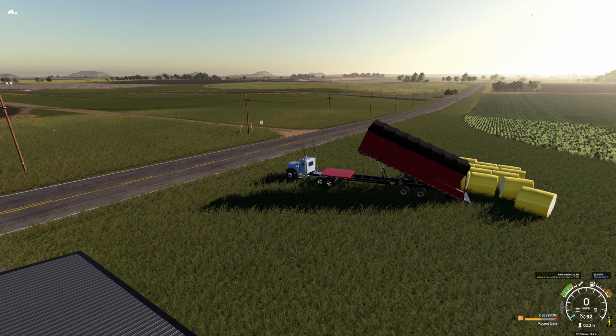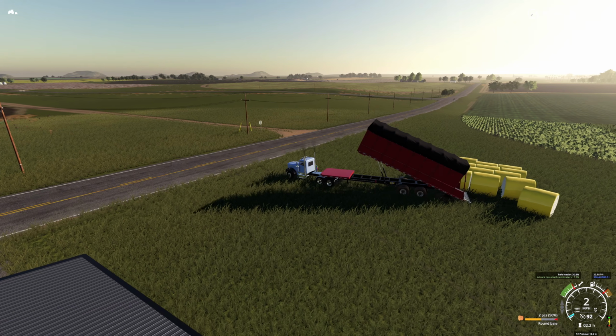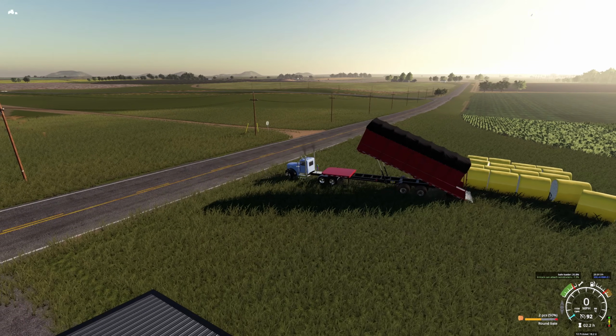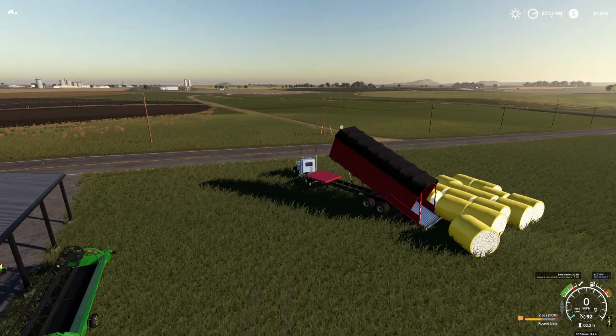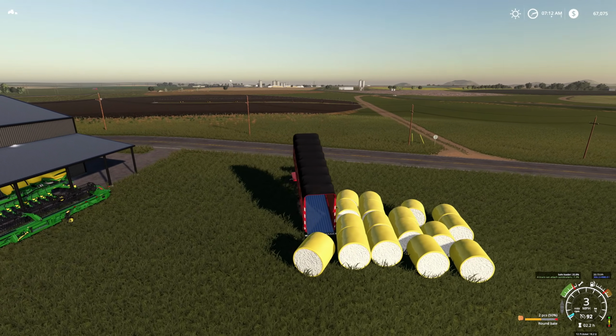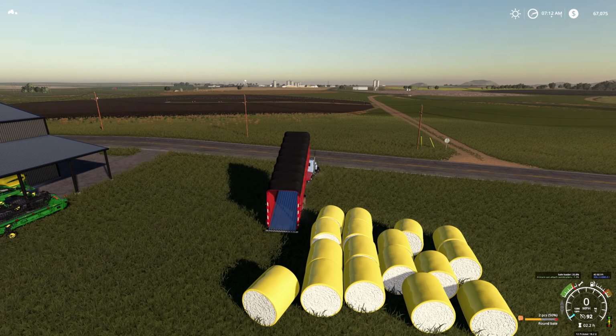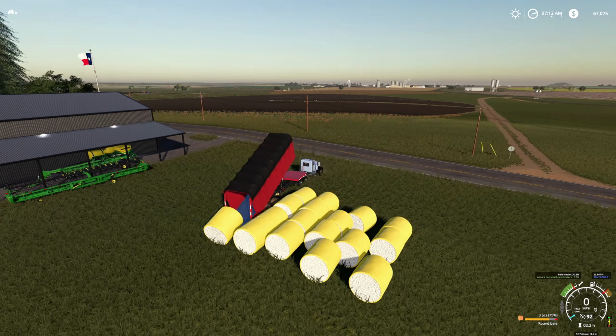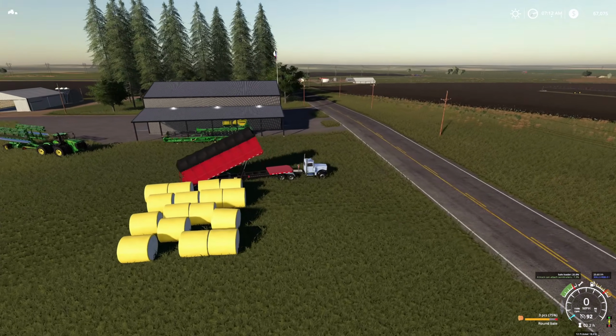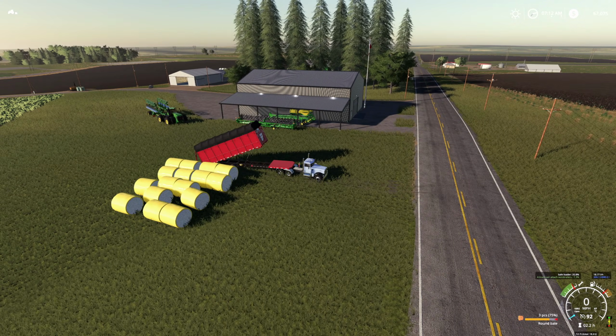Mr. Bo and Colt left this morning. They're headed out of town. Took the cattle trailer with them, and they are looking to buy some more cows. We had the field behind the house, field 27, back over there. Got that cultivated,